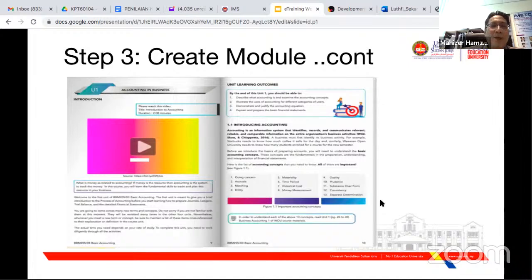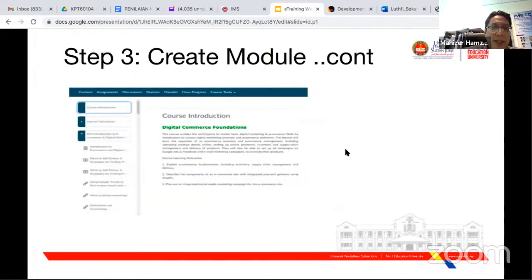This is an online training module using a learning management system. You see here, this is the first page of the course introduction, and then they have the learning document, and then what else? If you can see, it's not so clear, but never mind.